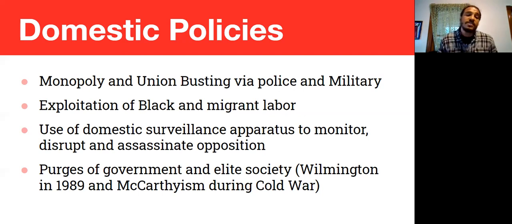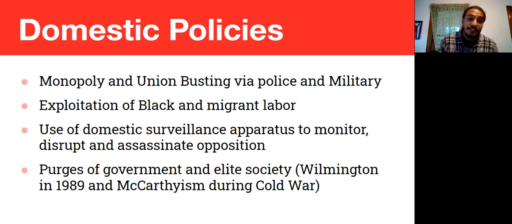In our domestic policies, you see this in things like monopoly, and actually sending the military and the police to bust unions. Our Supreme Court took a hammer to the first attempts that we had at trust busting and monopoly enforcement. And a Maine judge was actually one of the chief people responsible for that. Chief Justice Melville Fuller wrote the decision gutting the Sherman antitrust rules way back in the 1890s, beginning of the 1900s.